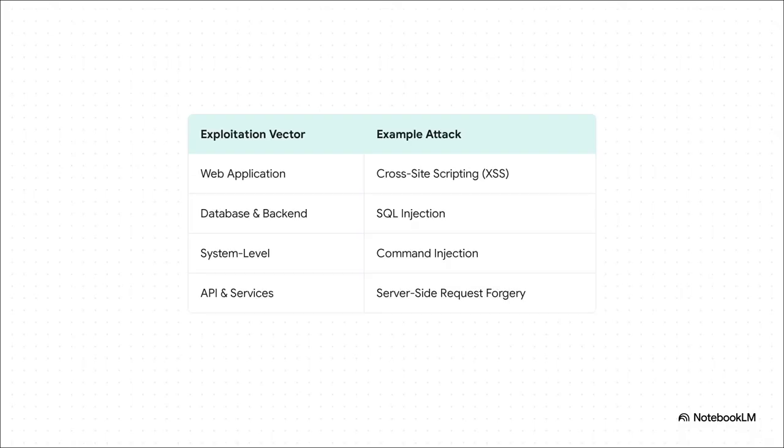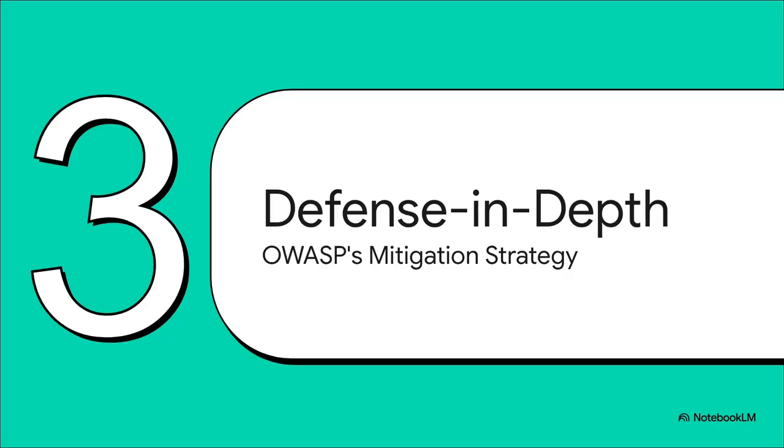And look, it's not just about these two examples. This single vulnerability opens the floodgates to a whole family of classic, nasty attacks. We're talking cross-site scripting, SQL injection, even command injection that could give an attacker full control of your system. The LLM just becomes a brand new delivery mechanism for old but still devastatingly effective hacking techniques. So yeah, that all sounds pretty dire. But here's the good news. There is a clear path to defend against this.